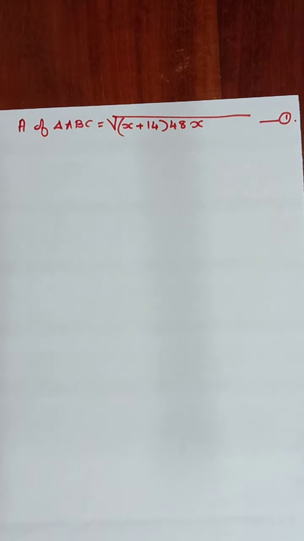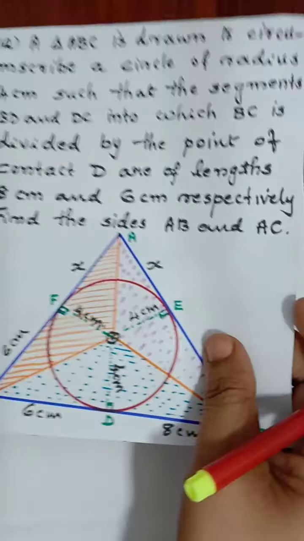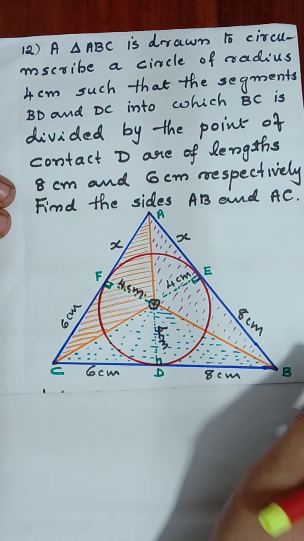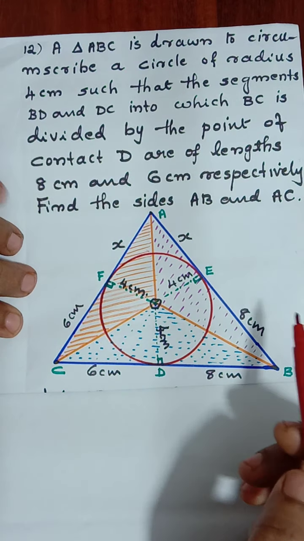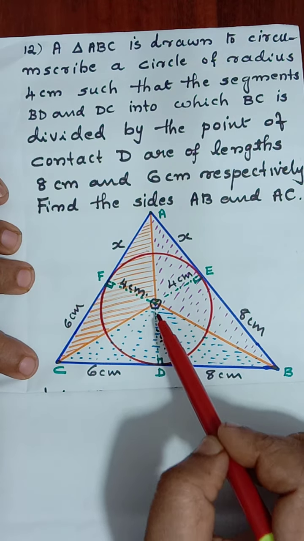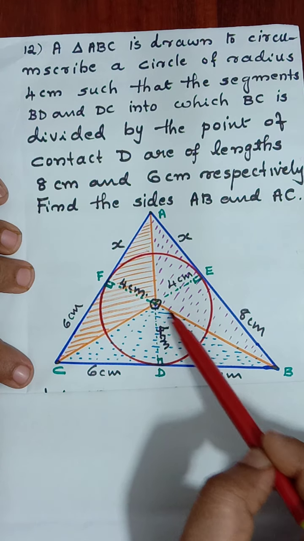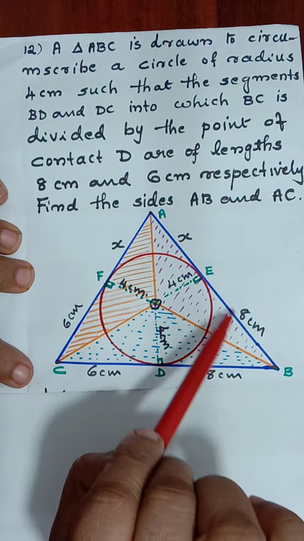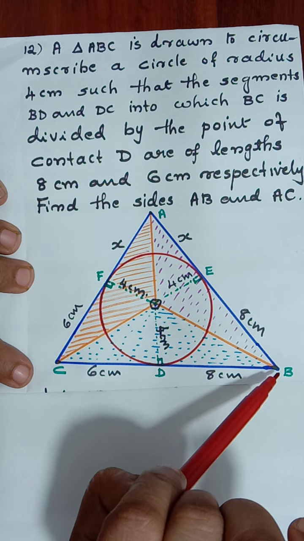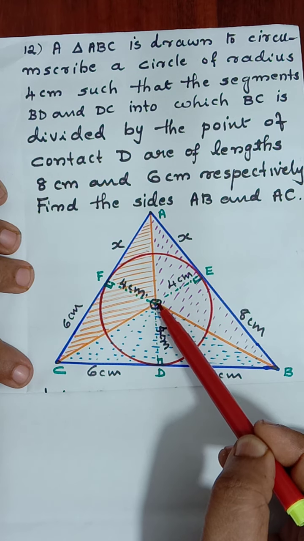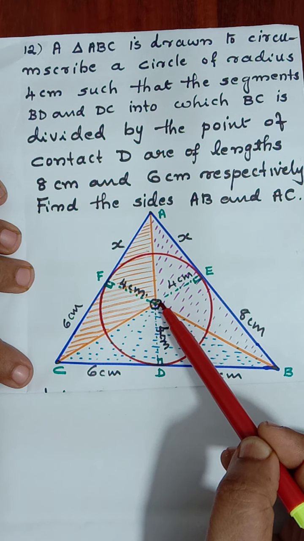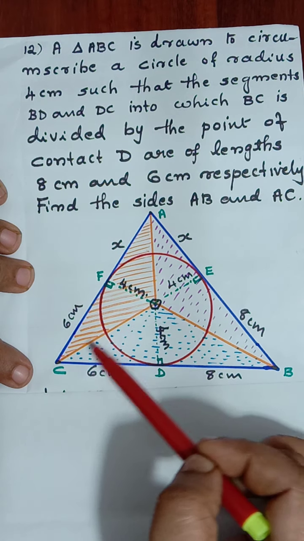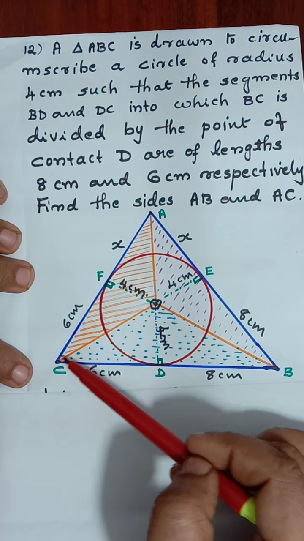Now I will be applying the half base into height formula for this. Directly we cannot apply. See the figure. How do we do that? We have to consider three triangles now. As I told you, that's why I joined OA, OB, and so on. So triangle AOB I have to consider. For this triangle AOB, this AB I will consider as the base. Therefore, the perpendicular is the height. So half base into height formula for area of triangle AOB. Similarly, area of triangle BOC. Then area of triangle AOC.